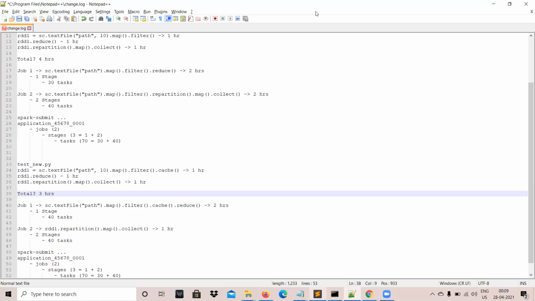But if you don't write multi-threading, it's always sequential. Lines of code will be executed in sequence. Whichever action appears first will be executed first, whichever appears second will be executed second, and whichever appears third will be executed third. Things happen in this way. Now you got my point.